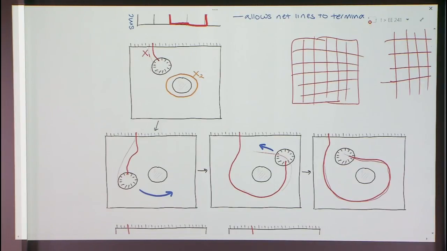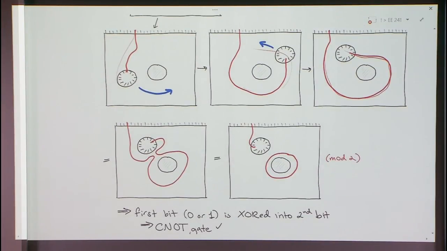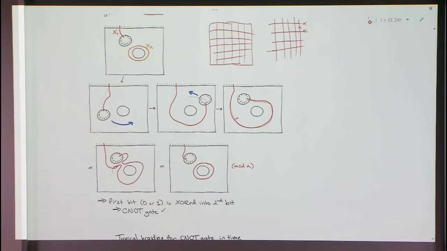So that's what happened to the logical operator on the first qubit. That's equivalent to this chain of x's. This chain is the same as this chain, which is also equivalent to this picture here, in the bottom right. Because mod 2, I can cancel out this edge against that edge, slide them together, and they cancel out. So you can see overall what I've done is this x operator has become an x operator on the first qubit tensor an x operator on the second qubit. A loop around the second hole is the x operator on the second qubit.